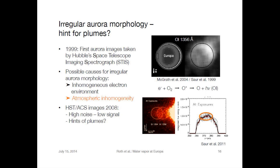In principle, it can be, of course, either the electrons that hit the molecular oxygen that are unevenly distributed and excite more emission in the upper right part, or of course it can be the atmosphere itself, that you find more O2 molecules at one part of Europa and have a brighter auroral emission there. So these observations brought up the idea that you can probe the atmospheric distribution with aurora observations. In a follow-up observing campaign with a different camera on Hubble, HST ACS, the Advanced Camera for Surveys,